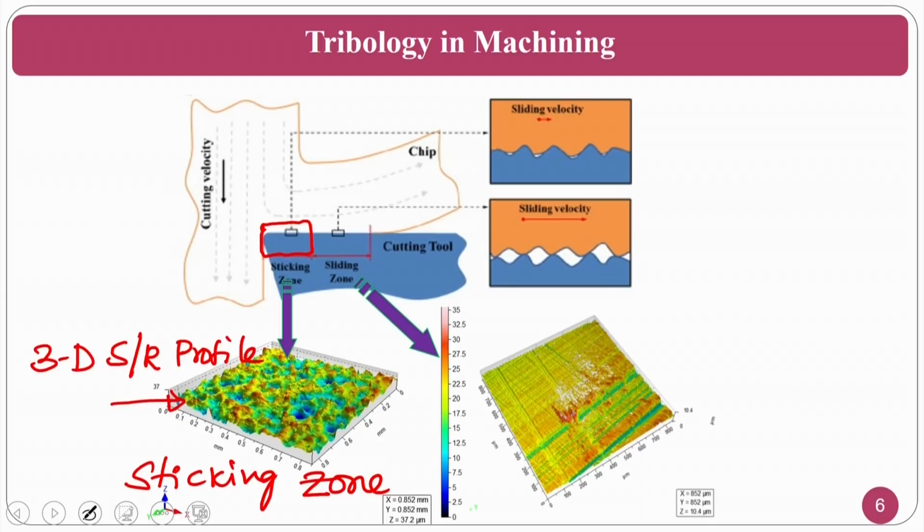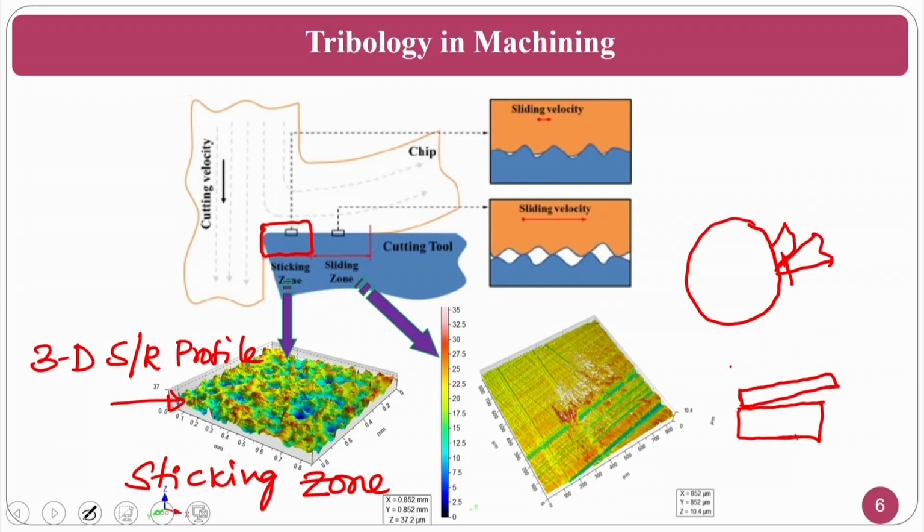Okay, if there is no proper contact, what will happen? It will slide, the chip will slide on my workpiece. What is happening here is, if I have a workpiece and my tool is there, the chip will move like this. So the first portion is this sticking zone, the next one is a sliding zone. So there is a gap, it forms like a wedge type of thing. What will happen? This is the sticking region, and in between you will have a sliding region where you will